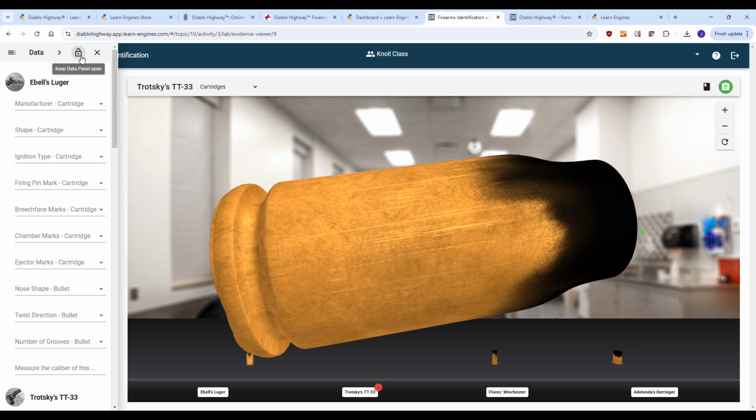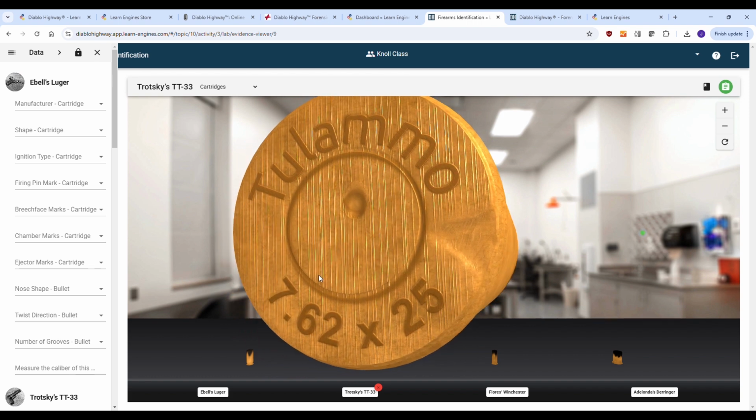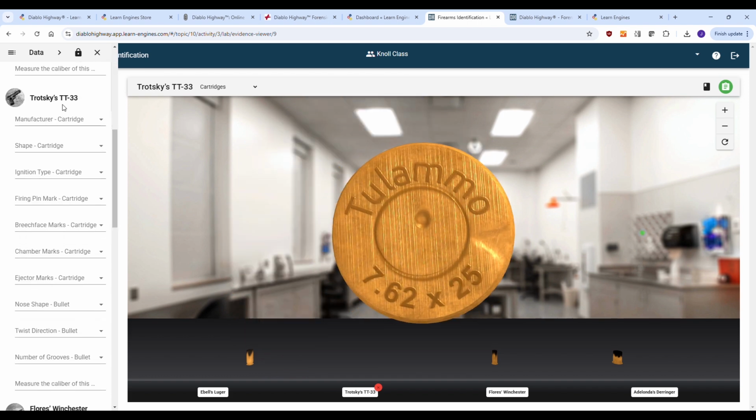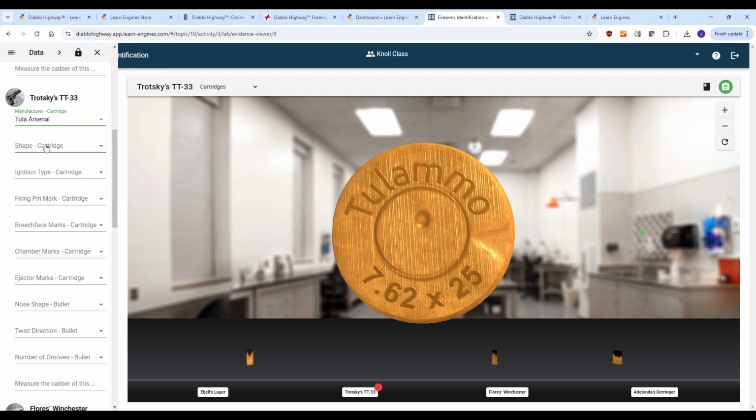And in this case, we're looking at Trotsky's TT33. So we're going to go down here. Here's Trotsky's TT33. So we'll take a look at the manufacturer of the cartridge. Clearly, it's Tulamo. That is the manufacturer mark for the Tula arsenal. So I'm going to choose that, and you can see that my answer in green that I've temporarily recorded is